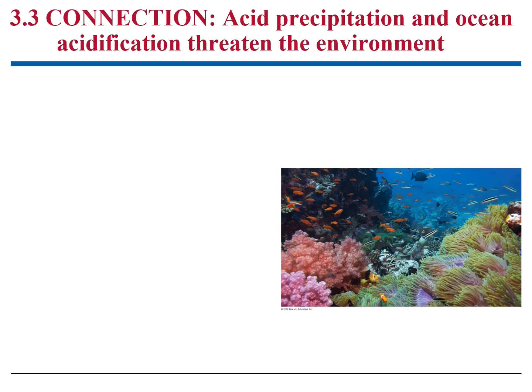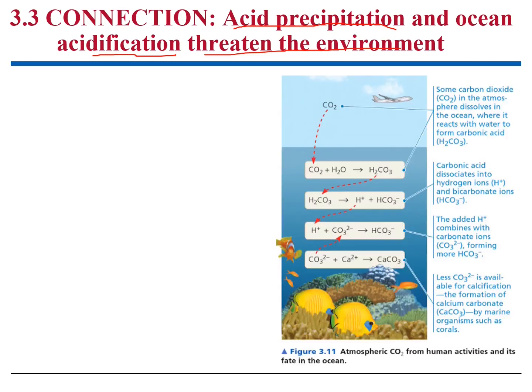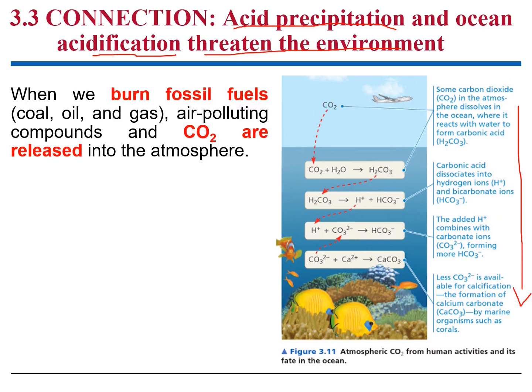Now I want to finish by making a connection between what we learned and something that is happening in our environment: acid precipitation and ocean acidification. These two phenomena are putting our environment at risk, in particular the ocean ecosystems. You can study that in more detail in your textbook. You can read all this schematic in your textbook, but the main idea is that